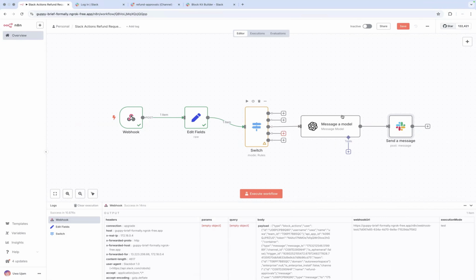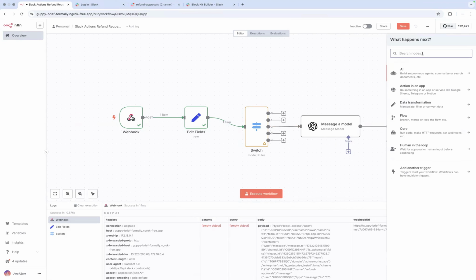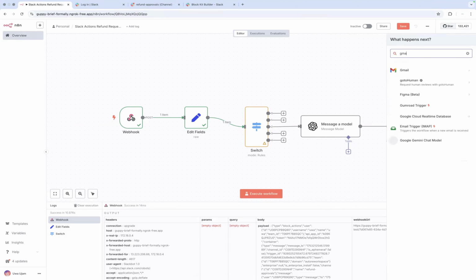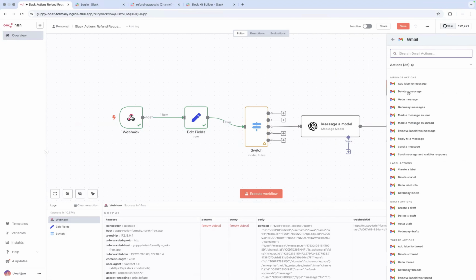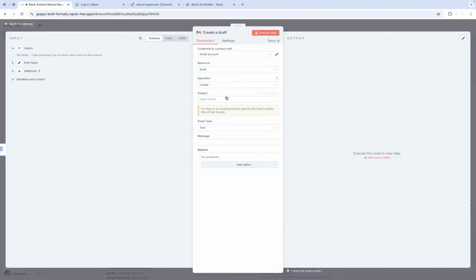So what we can do, in my case we're using Gmail, so I'm going to say Gmail. We probably won't send the email, we'll just put something in a draft. So we can just create a draft, and the subject would be from,